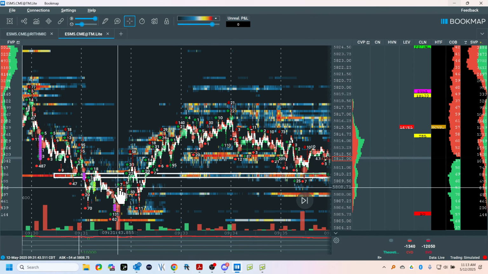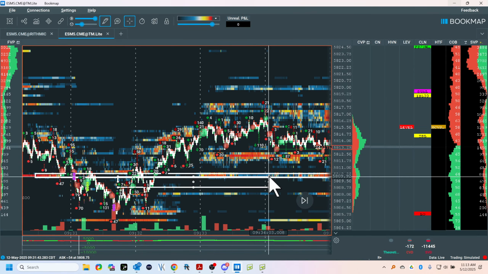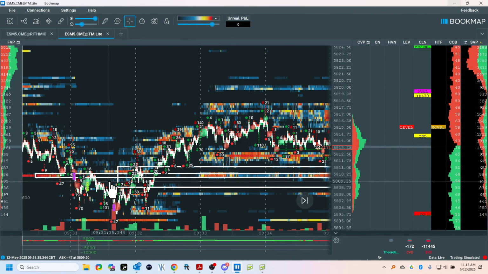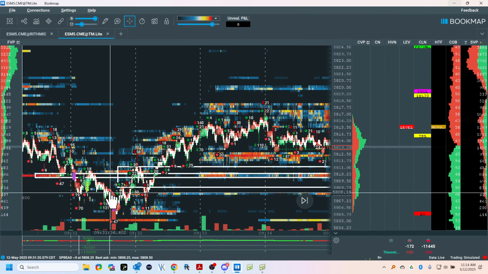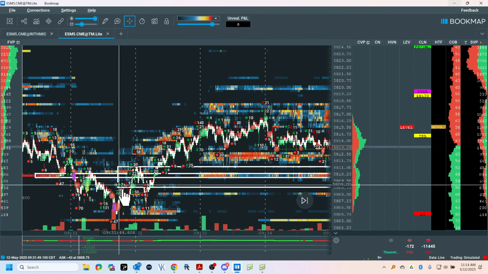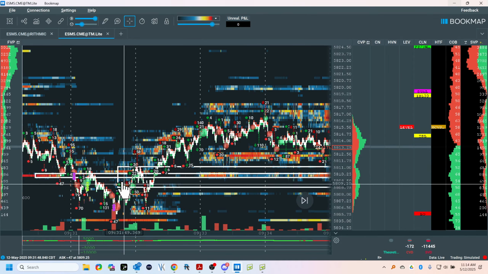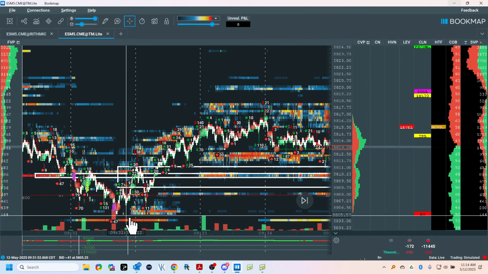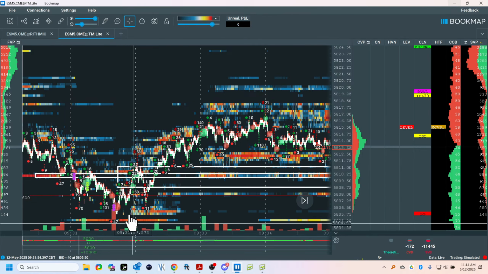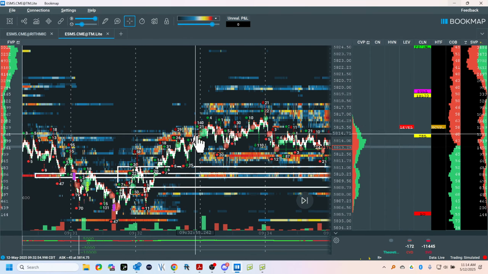Two locations. I'm going to draw a little box around this for you, to try to help you see it. And this is auction-based processing. It's language. So sellers were here. These guys were absorbed. Sellers, buyers. Buyers take control. They're over the sellers here. Buyer, buyer. There's the delta. You'll notice we had big selling delta, but these buyers are above these guys. They were absorbed. I break high, and now I come back here.